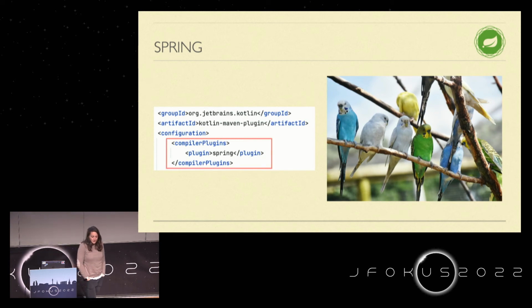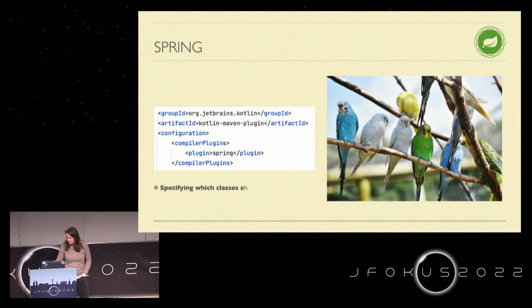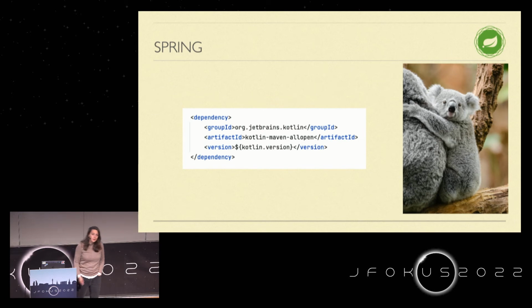There is, again, a Kotlin compiler plugin which Spring will sneakily put into your Maven POM if you generate your code. And that compiler plugin is called spring. Spring will tell the compiler which classes are Spring beans, so those are the classes annotated with @Component, @Repository, @Service. And it will tell the compiler even more. It will tell the compiler which classes should be marked as open. Because in your compiler plugin, you can add this dependency, which will say all the Spring beans are open. And then the magic trick is done for you.